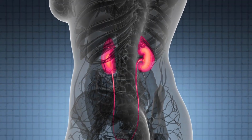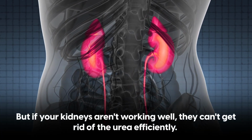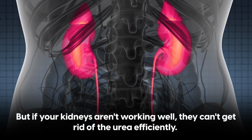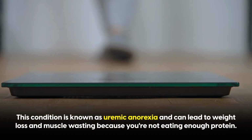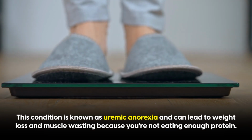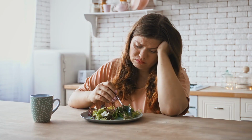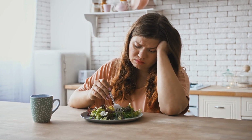Normally, your kidneys remove urea and flush it out of your urine, but if your kidneys aren't working well, they can't get rid of the urea efficiently. This buildup can make you feel less hungry, especially for protein-rich foods like meats, eggs, and dairy. This condition is known as uremic anorexia and can lead to weight loss and muscle wasting because you're not eating enough protein. Essentially, your body senses high levels of urea, so it thinks it has enough protein or can't handle